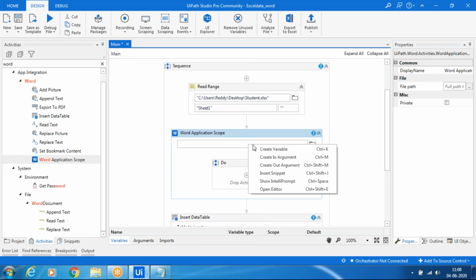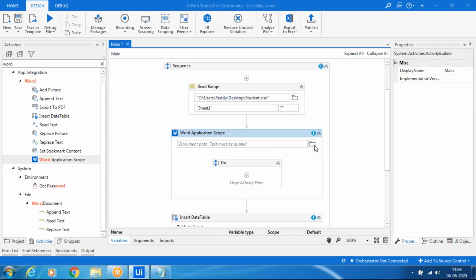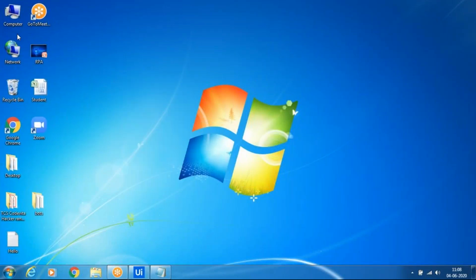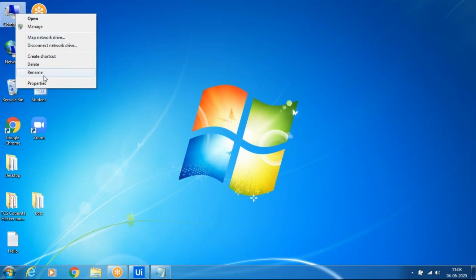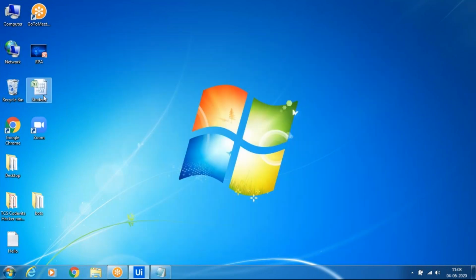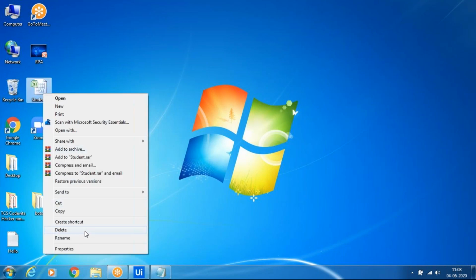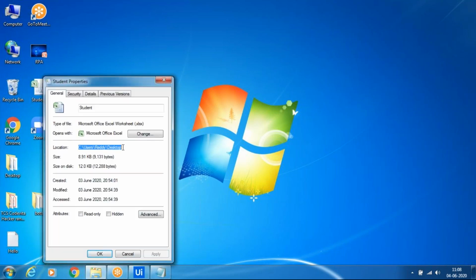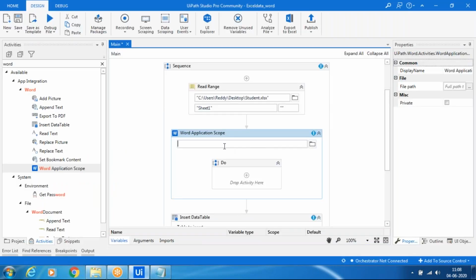In the properties, I will use the desktop path. I will use the path here, in quotations,